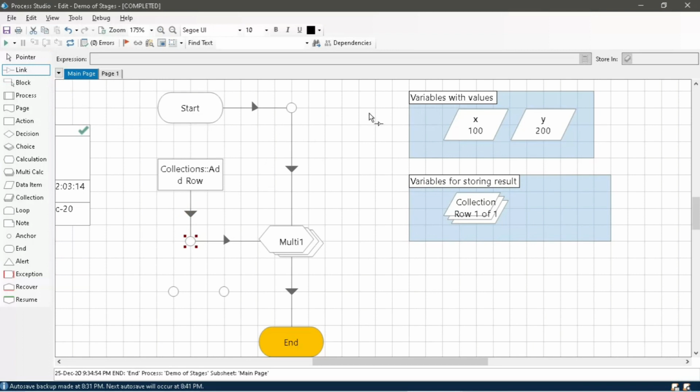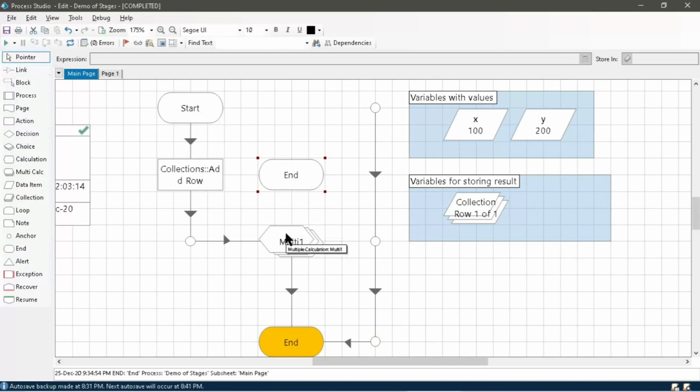We can easily understand the flow of the process by using these anchor tags. See, this looks good now. This is how we can give a good look to our process by using anchor tags.